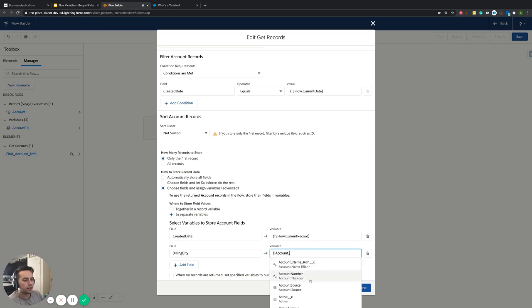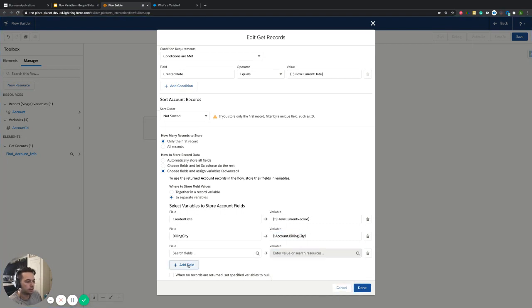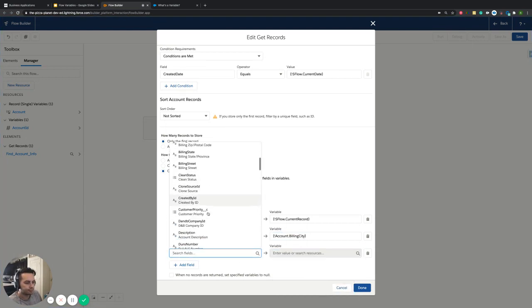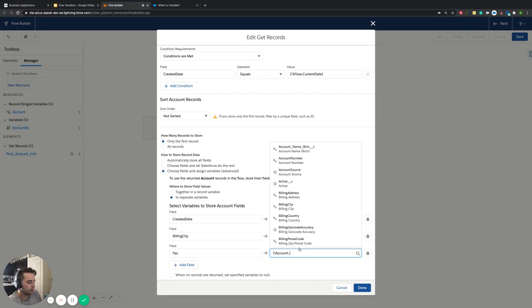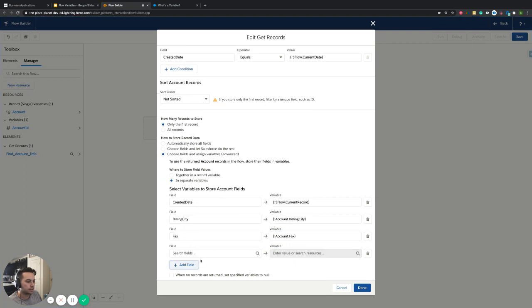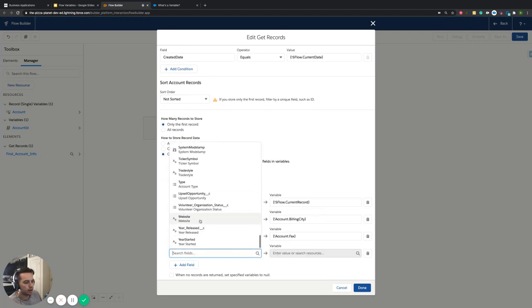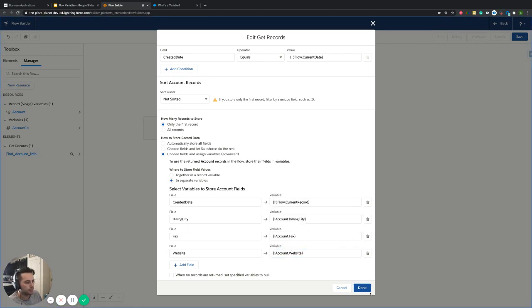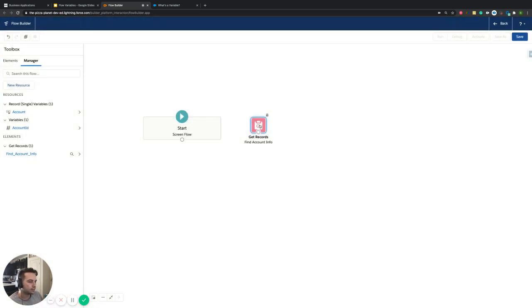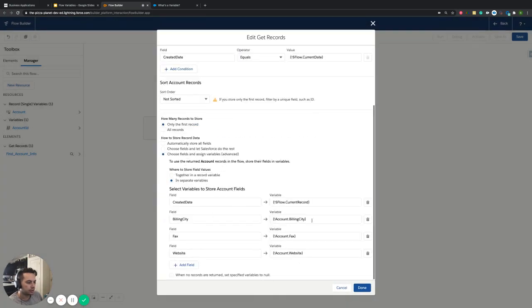So if I'm grabbing that billing city, well, it's probably common that I want to put it in the billing city. If I'm grabbing, who knows, any one of these, facts, I can do that same thing. I can go to my account, it puts the dot for me, and I can put facts. And it will work that same way for every single one of these. Okay, I want to grab the website and store it inside of the website. So now that I have this, everything is now being stored in a way that would make it easy to